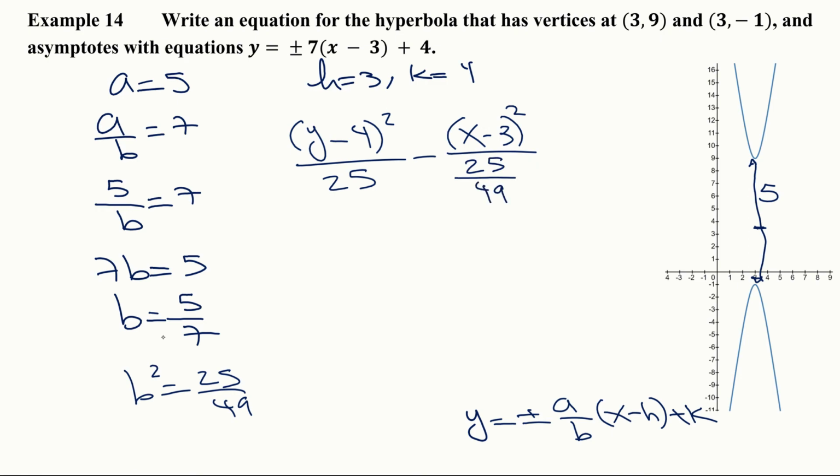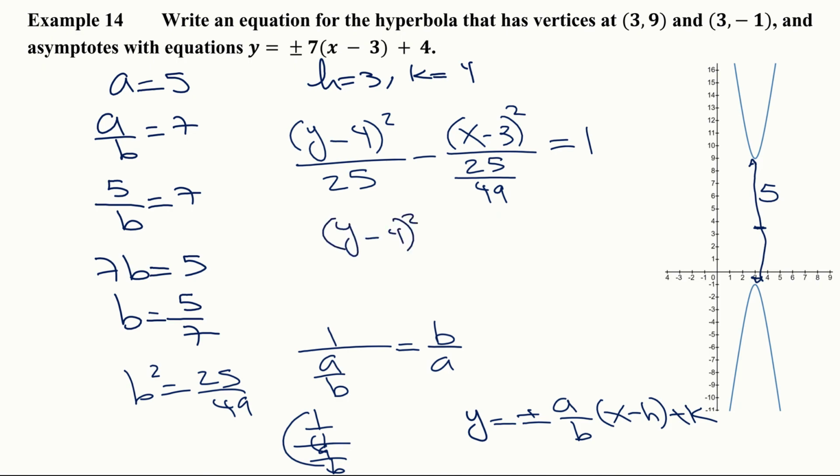All right, so another useful trick. If you have 1 over a over b, what is that? That's b over a. Why? Because 1 over a over b, outer over inner, so it's b over a, right? So equals 1. So we get (y minus 4) squared over 25 minus,